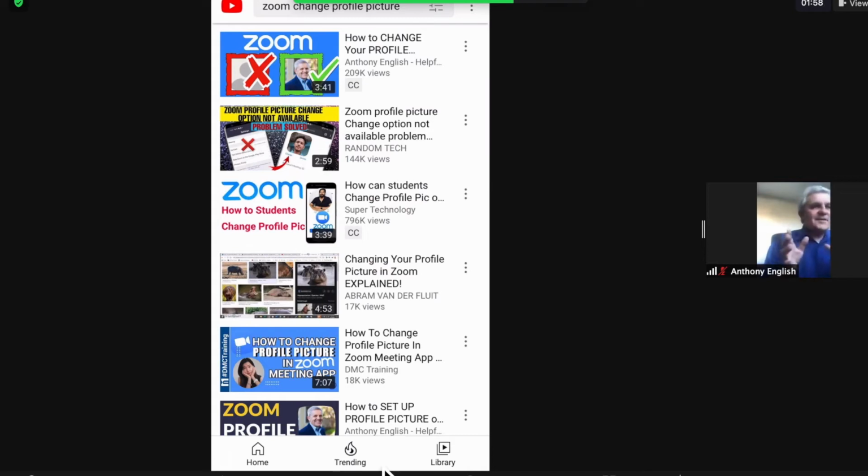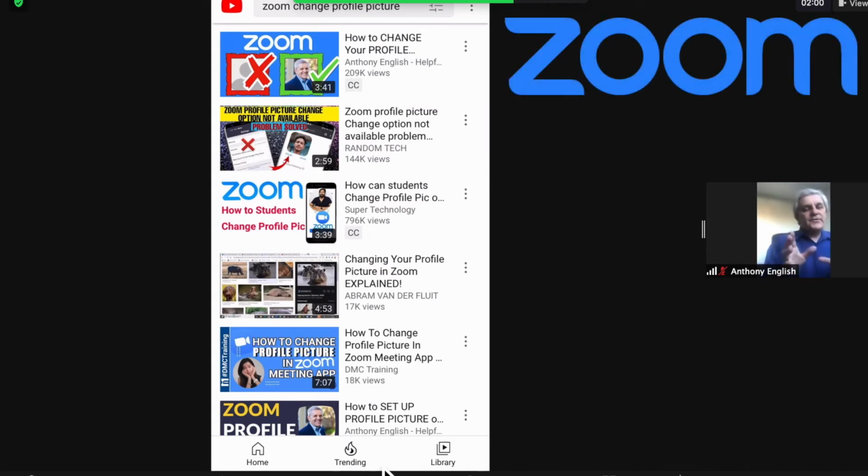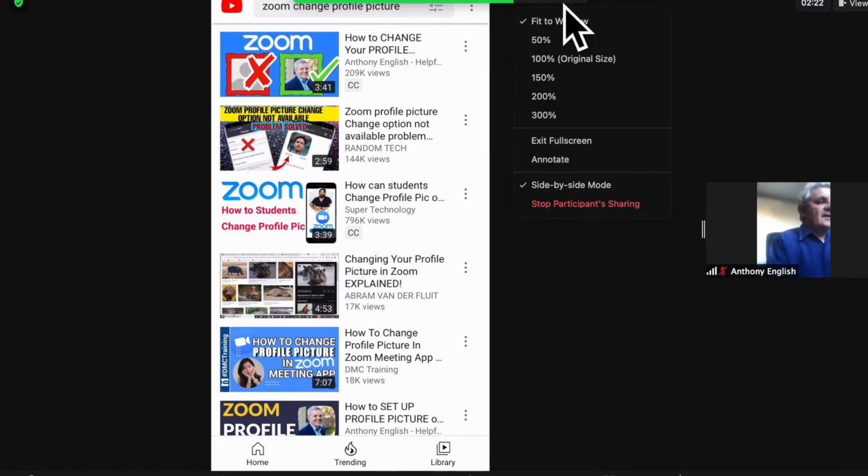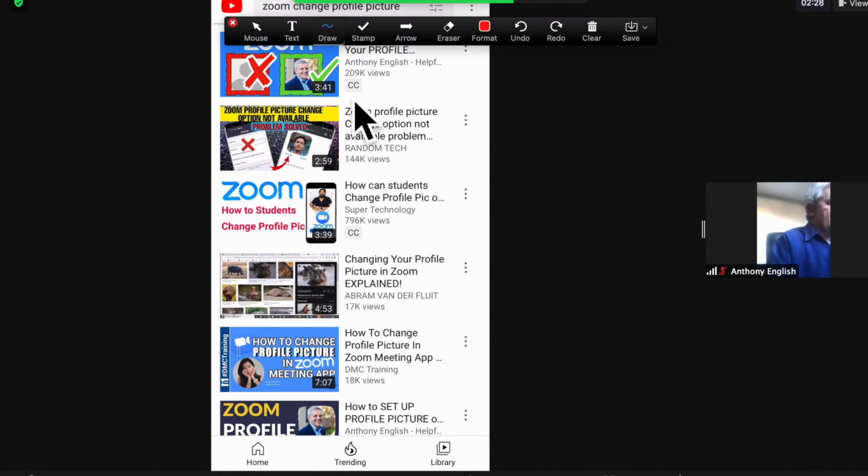When somebody shares a screen with you in Zoom, if you want, you can annotate. You can mark something on the screen that they're sharing, and they and everybody else will see your annotation. So to do that, you go into View Options up here and then Annotate. And that's where you can highlight